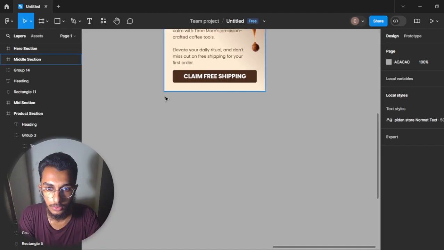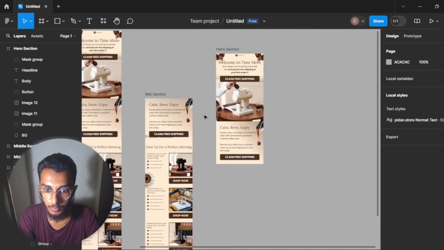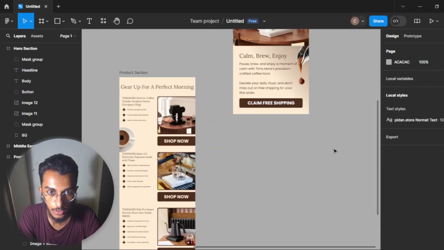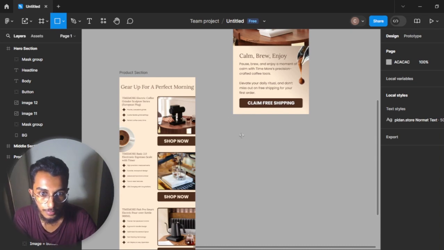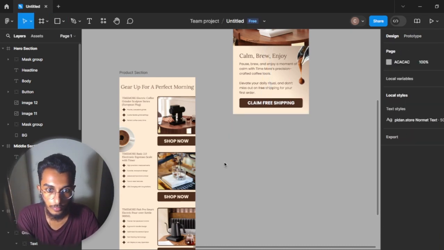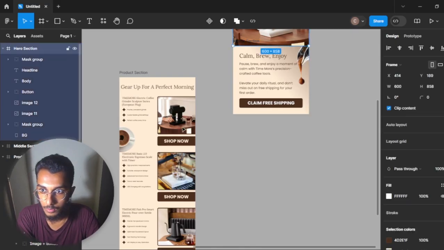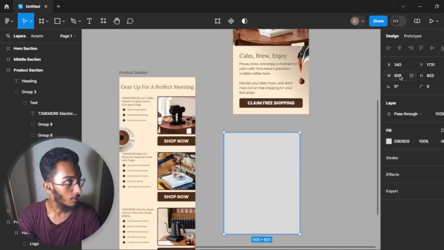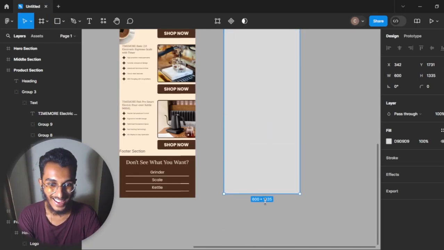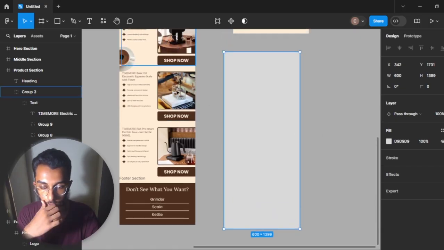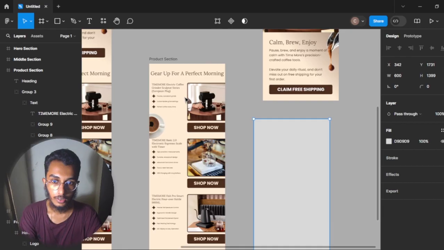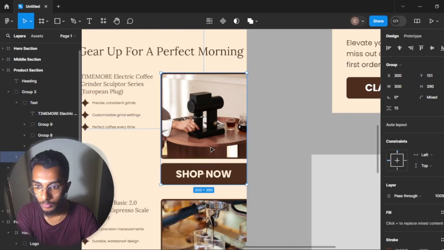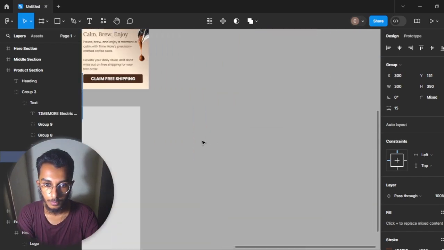And for the product section, we got this one done. So let's just delete this section. Click on R. No, we don't want it to be in the middle section. So let's click on R, make it 600 width, and as long as possible because there's going to be a lot of content. So what I did is I'll copy this, paste it here,